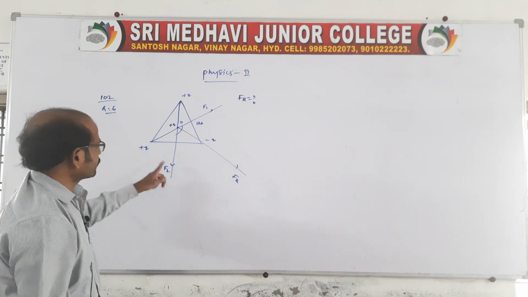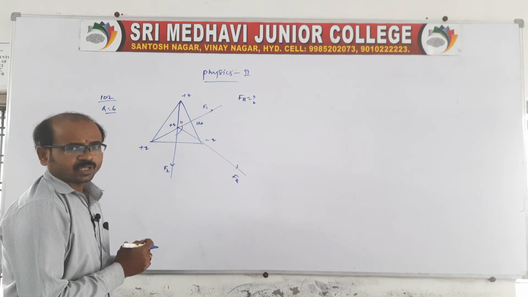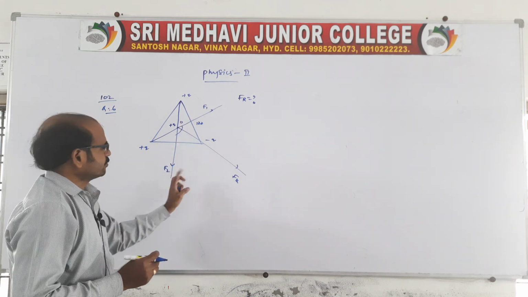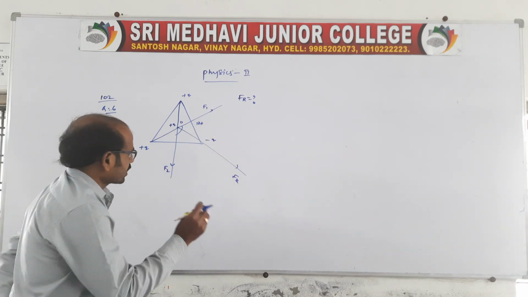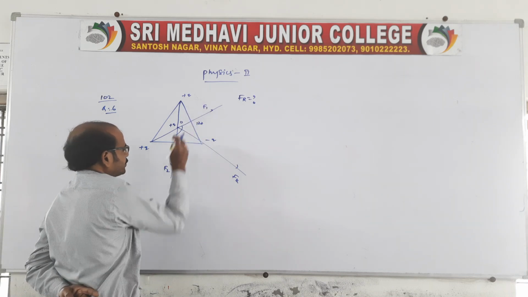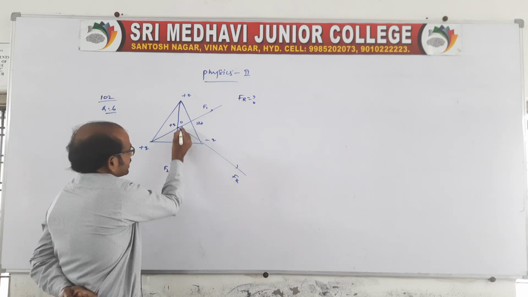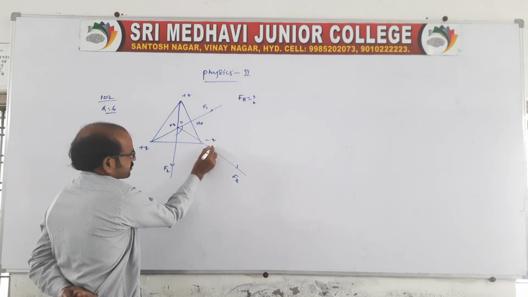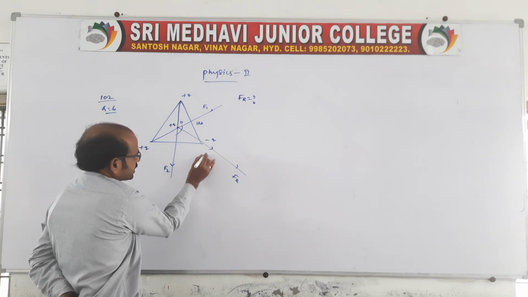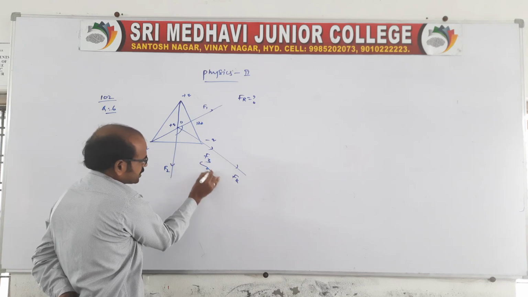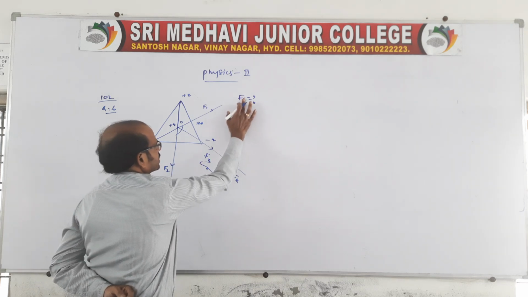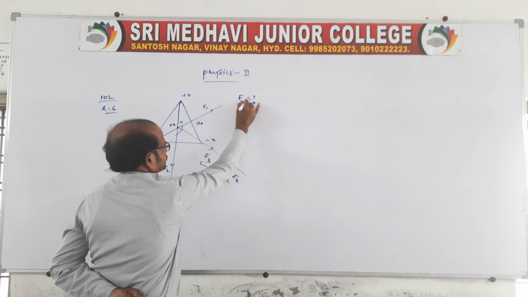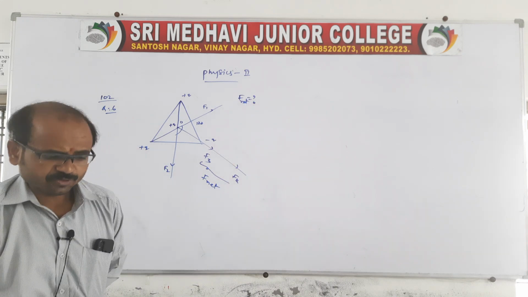This is the resultant force due to F1 and F2, and we should get F1 and F2 using the values at the centroid. Not only due to F1 and F2 is the resultant acting; due to the plus q and minus q there is also a force F3. Both are in the same direction, so we say this is the F net. This is the method we have to follow.